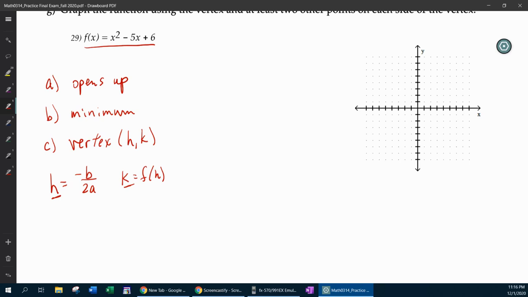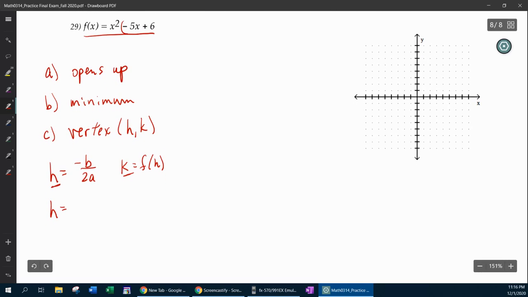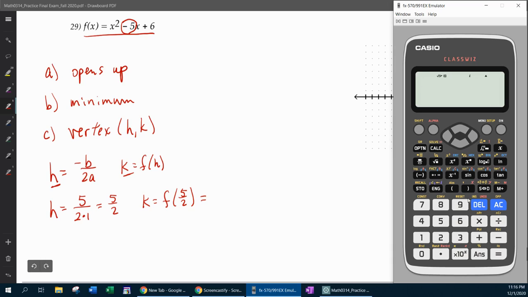Here we go. So h is negative b, b is negative 5, so that's going to make that positive 5 over 2a. 2 times 1 is 2, so h is 5 halves. And so k is going to be f of 5 halves. And the best way to do that is with the calculator. So we're going to have 5 halves